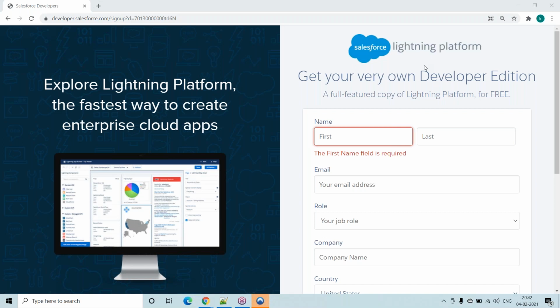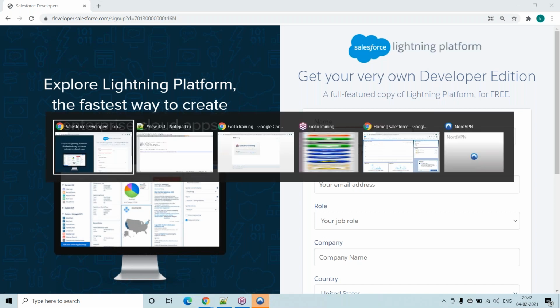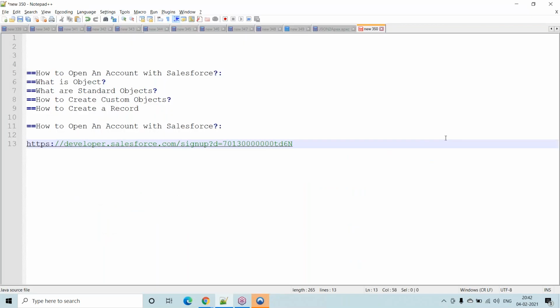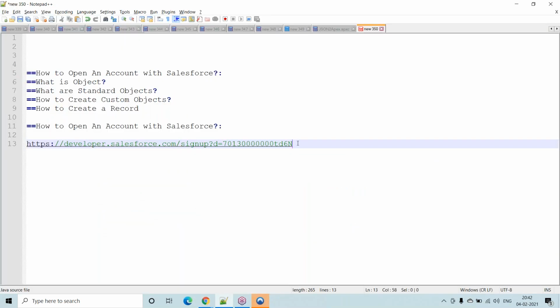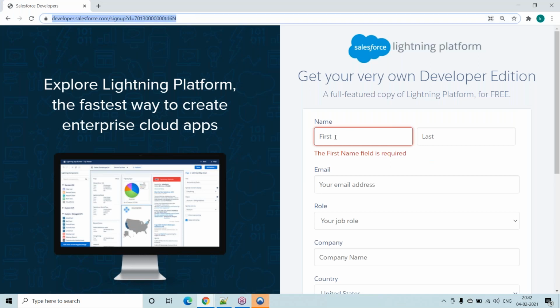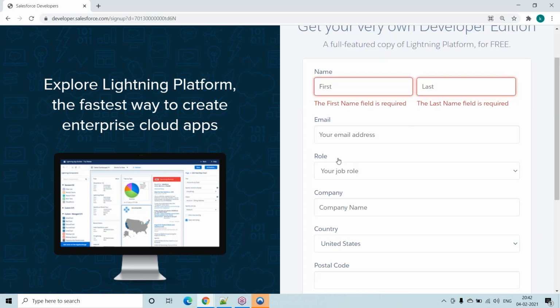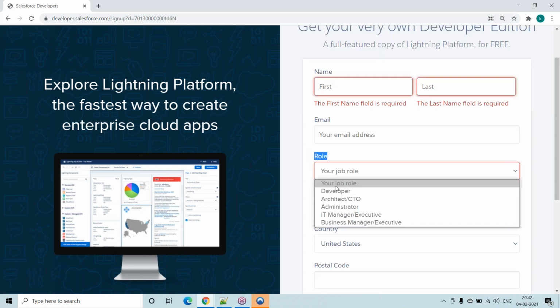So here we are trying to open an account with Salesforce, and this is a free version. This is the link. The first step is you have to go and create your own account. You have to enter your first name, your last name, your email address and role. It doesn't matter, any role.